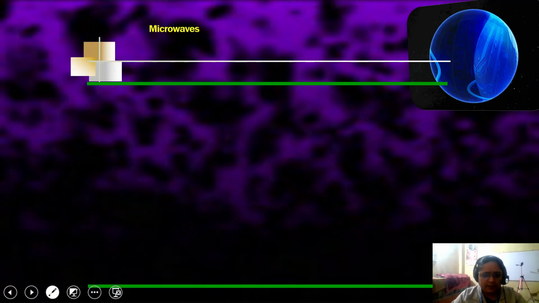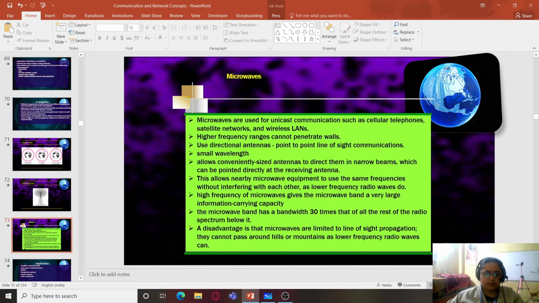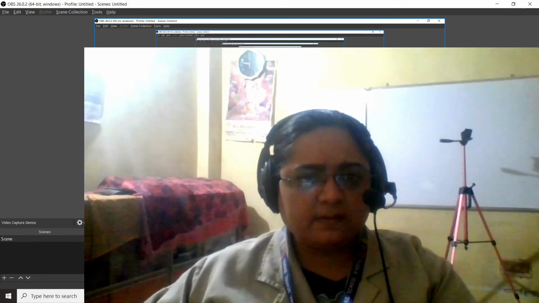So with this, we complete radio waves today. We will be discussing microwaves in our next class. So you might have understood how guided media is different from unguided media, and how radio waves can travel long distances, and because of that they can easily penetrate walls, as their wavelength is more. Because of this, it is quite easy for us to listen to FM radio, and we can be sitting anywhere inside the house.